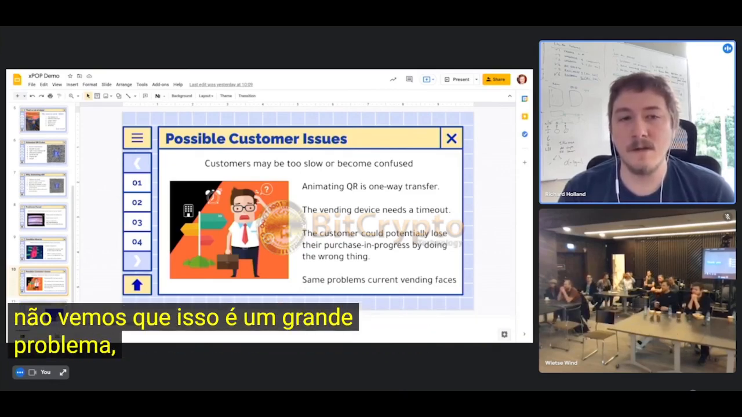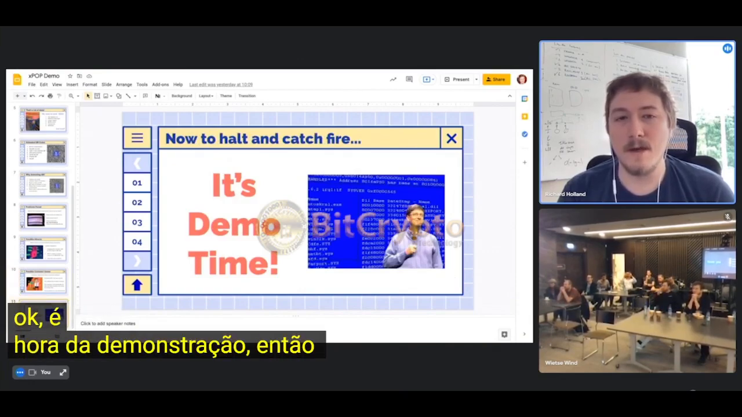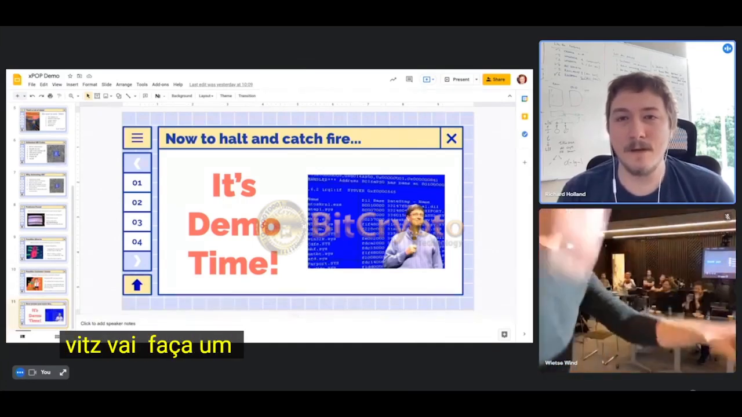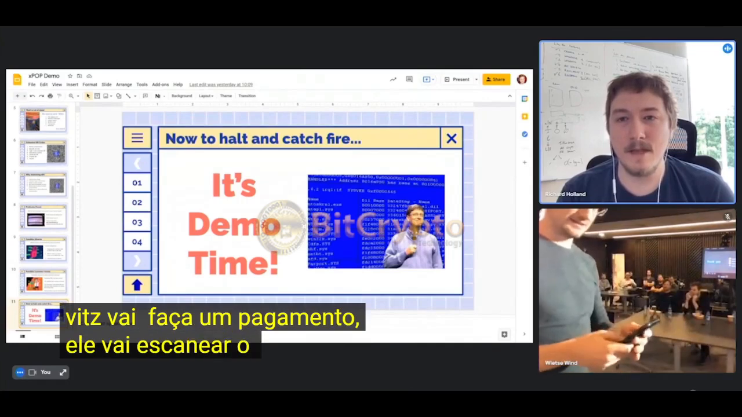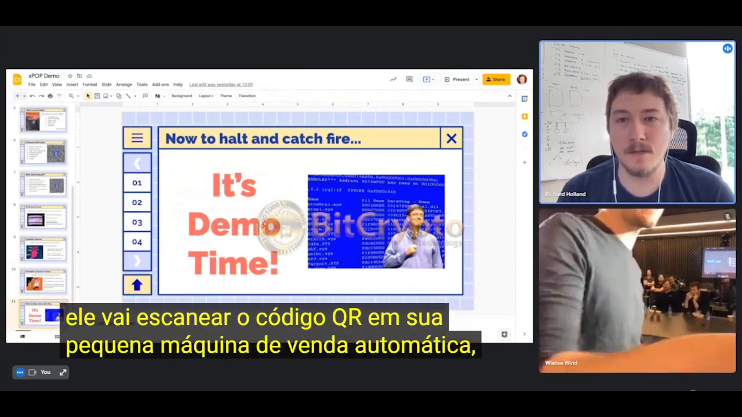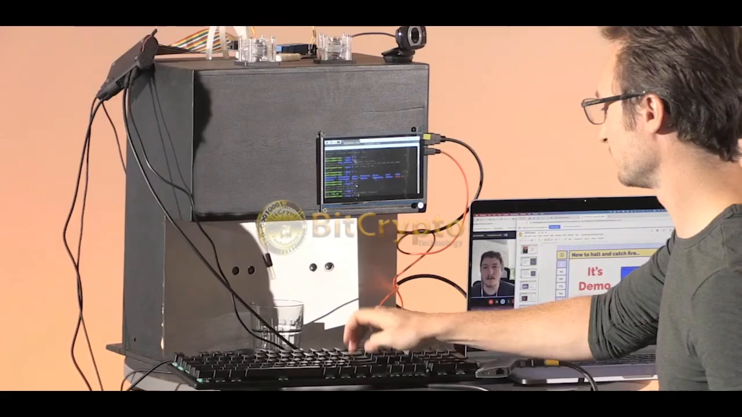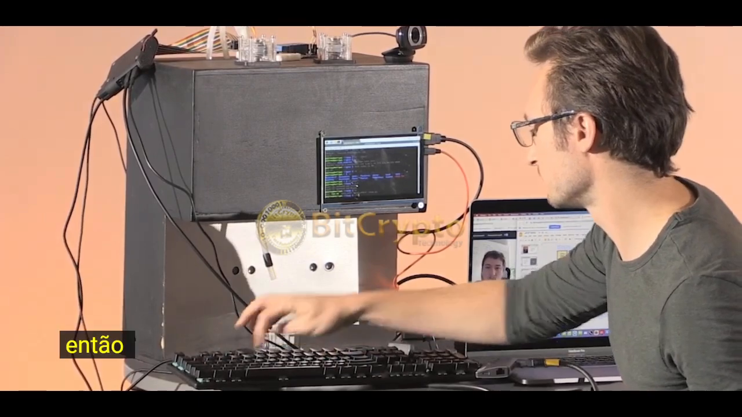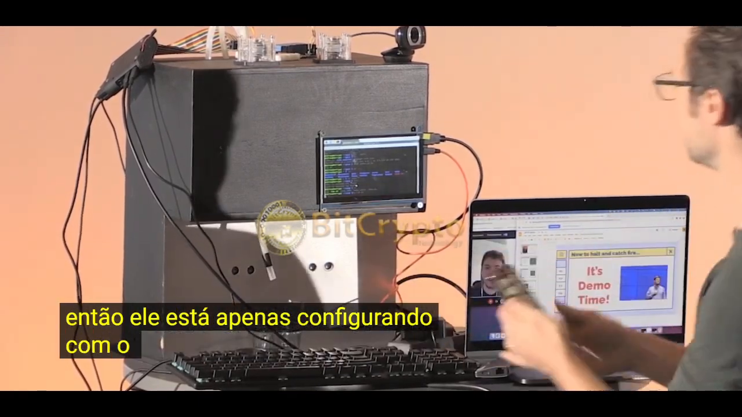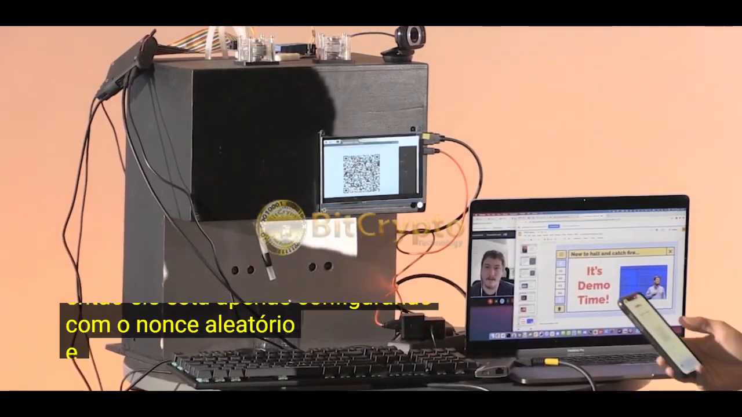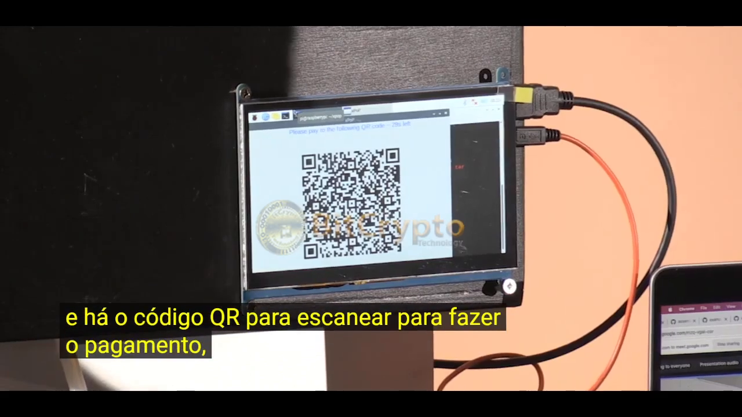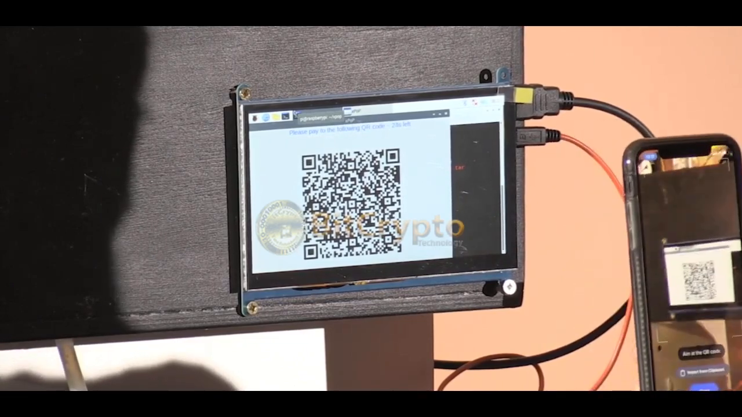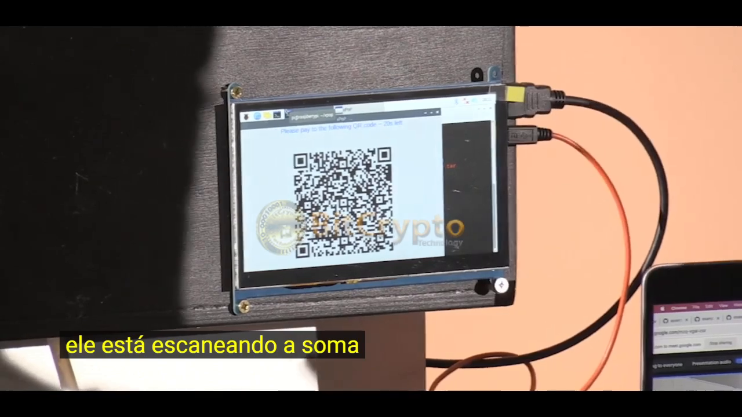so we don't actually see this as a big deal. Okay, it's demo time. So this is what you've been waiting for. Beats is going to make a payment. He's going to scan the QR code on his little vending machine there. So he's just setting it up with a random nonce. And there's the QR code to scan to make the payment. There he is, scanning it. And now he's going to make the payment